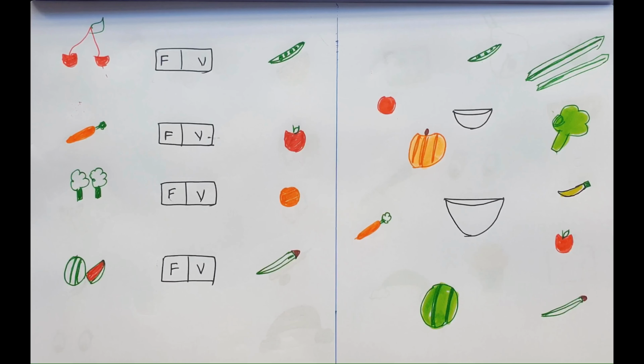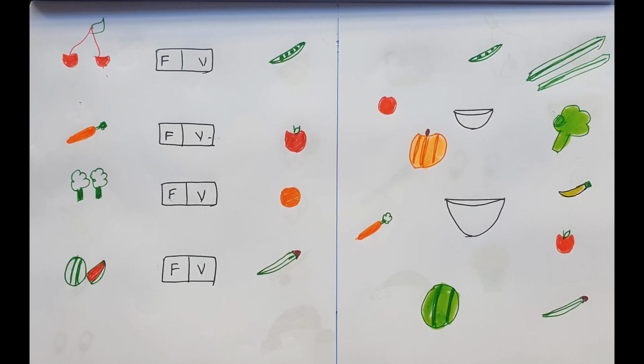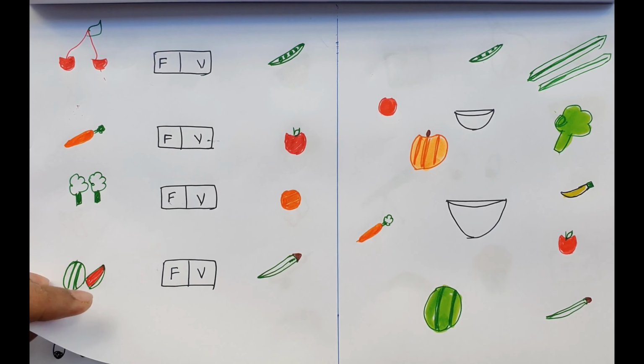Coming to the 13th worksheet, which is on the left hand side, I have placed some fruits and vegetables and in the center F and V are specified. So the kid needs to identify which one is the fruit and match it with F, and which one is actually a vegetable and match it with V. For the 14th worksheet, I've placed two bowls. One is the smaller one, another one is a bigger bowl. So the kid needs to match all the smaller vegetables and fruits to the smaller bowl and all the bigger ones to the bigger bowl.